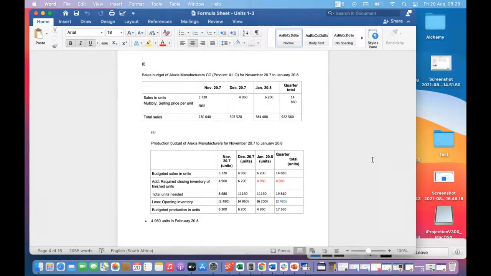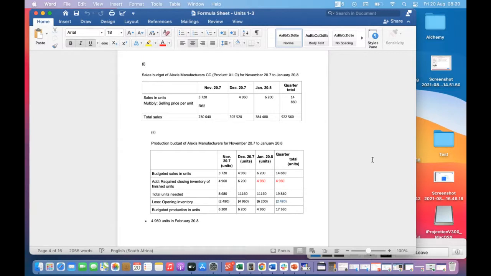Then we have the production budget. Here literally, we're looking at how many units we plan to produce. We know how many units we want to sell. Remember, these are budgets, so we're saying this is what we want to achieve. We know the price at which we want to sell them. So already you can see how much we plan to make for the different months in terms of sales. Now, the next step in the production budget is that in order to achieve that, we obviously need to produce the units so that we can sell them. Does that make sense?